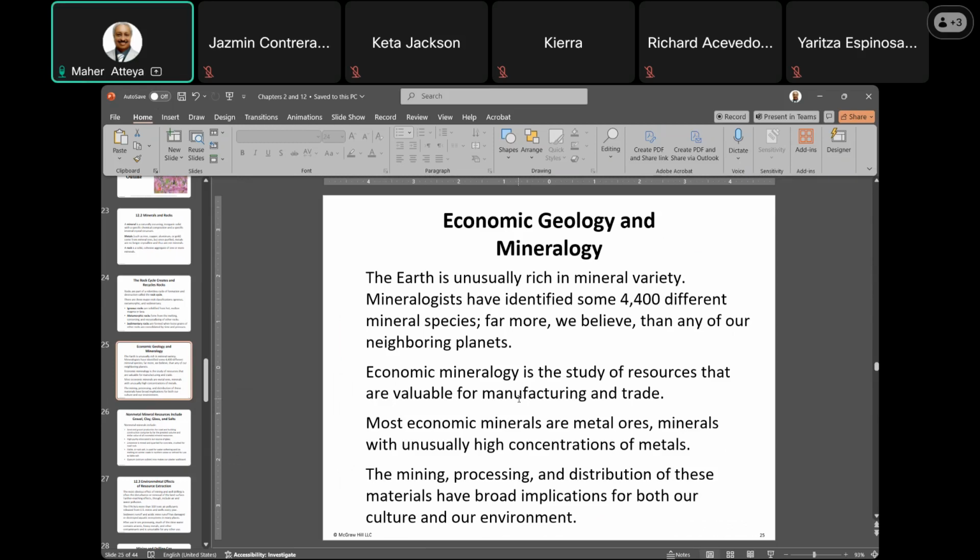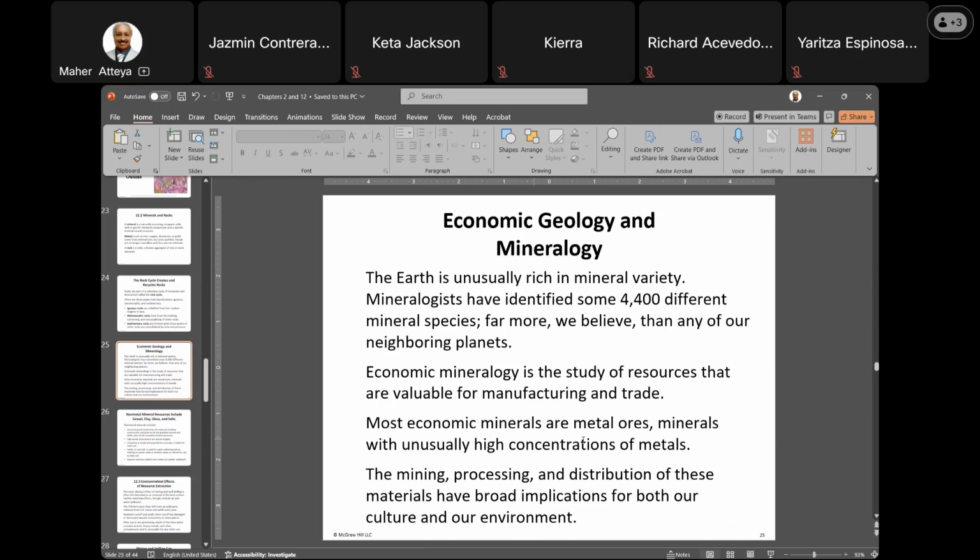So you have 4,400 different minerals, because over time you get a new type of rock made by nature itself, because some of the existing rocks are destroyed by climate change, and then the grains of those rocks make a new type of minerals and rocks.